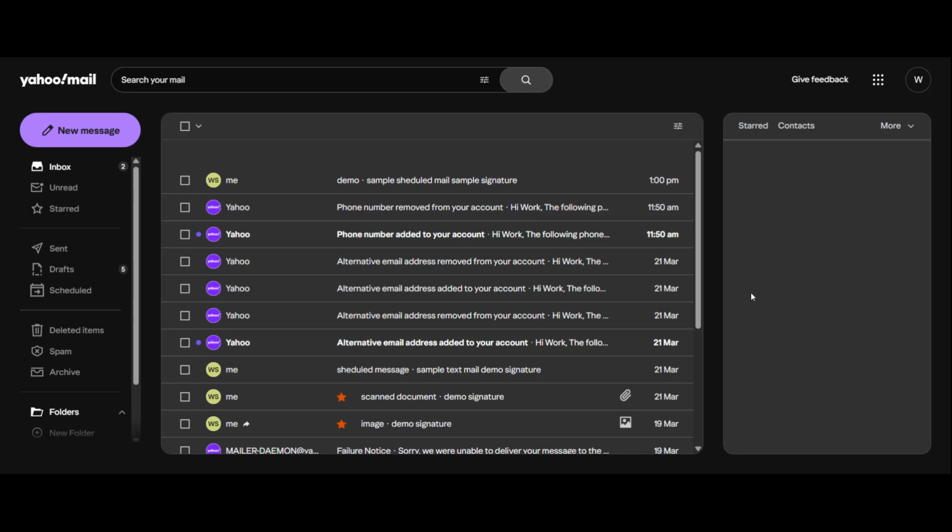In this video, I'm going to show you how to attach files in Yahoo Mail for Windows step by step in a quick and easy way. Whether you want to send a photo, a document, a PDF, or any other file, this guide will help you